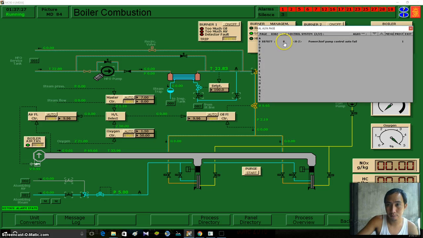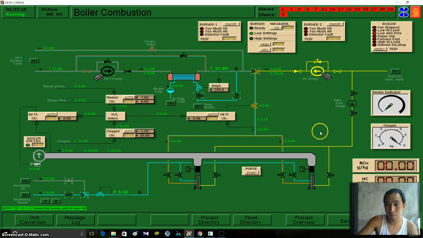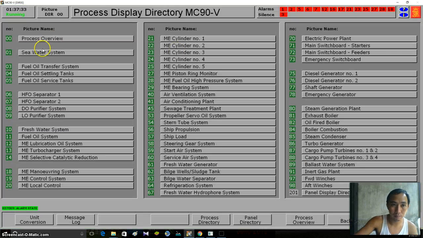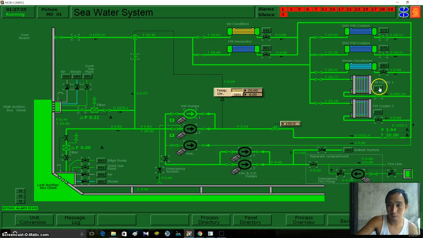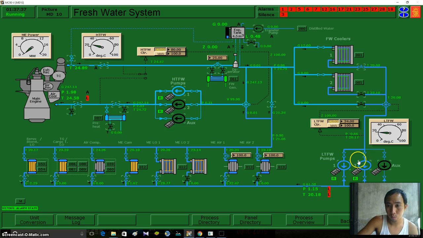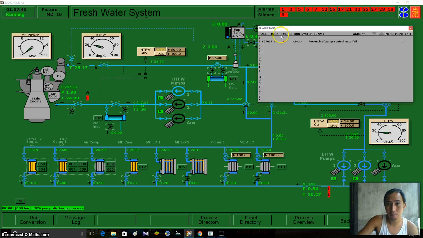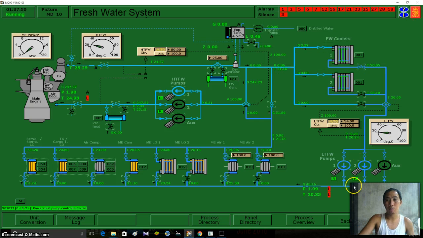Okay, again we have pump controller. Let's go to our seawater system, to our freshwater cooler. Okay, they started because of the low pressure. So we have alarm here, pump controller, auto fail. Acknowledge.